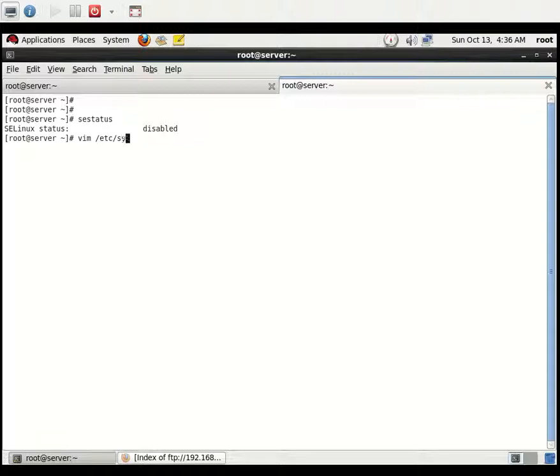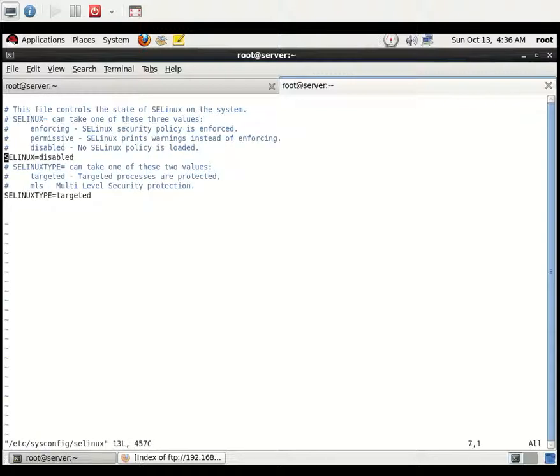So how do you disable SELinux before configuring the FTP and creating a repository? Edit the file /etc/sysconfig/selinux and set SELINUX=disabled. Before disabling, it would be in enforcing mode. If you use the command sestatus, it will display the state of SELinux. Now I have disabled it, saved the file and rebooted.